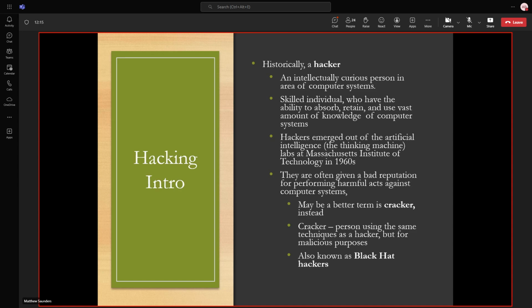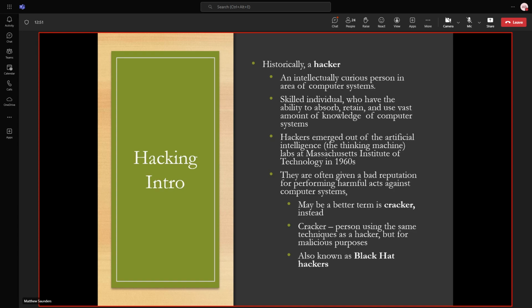Geek comes from carnival history. We use that these days in the less negative sense that hacker used to be used for. Essentially, it's just someone who's very skilled at working with computer systems. They're very interested in how they function, and they have good insights into subtle details that they can take advantage of. That means they've spent a lot of time working on it, and they understand it better than most others.